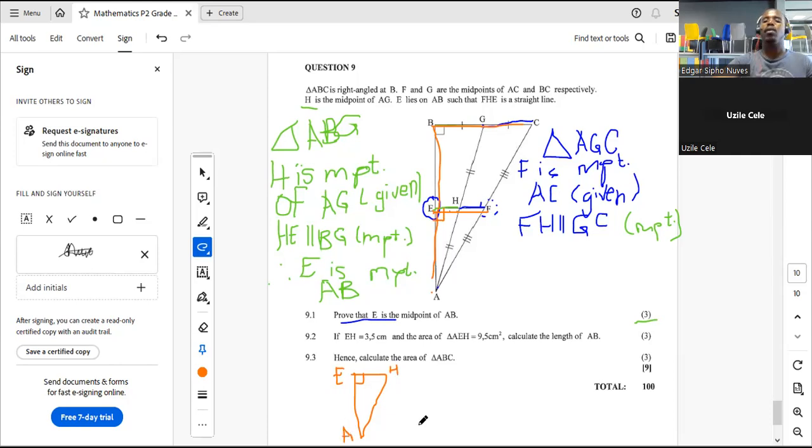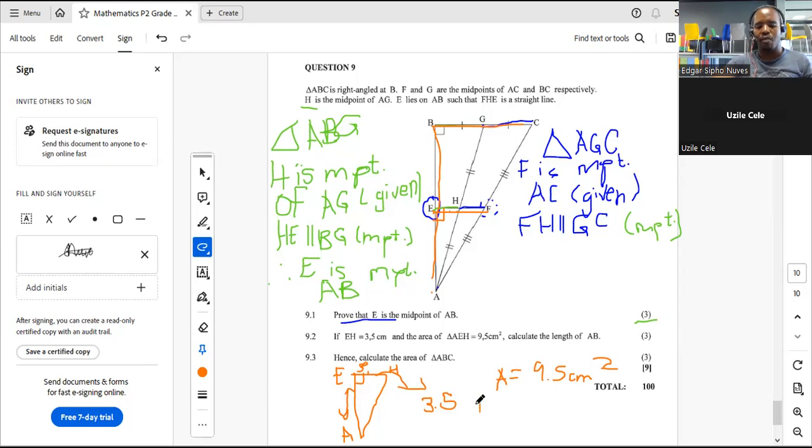Now, with that being said, we've been told that EH is 3.5, and they told us that the area of the triangle is 9.5 centimeters squared. But now, here's the thing. We can actually work out AE, this side here, based on this information. Since they gave us the area and the base of the triangle, we